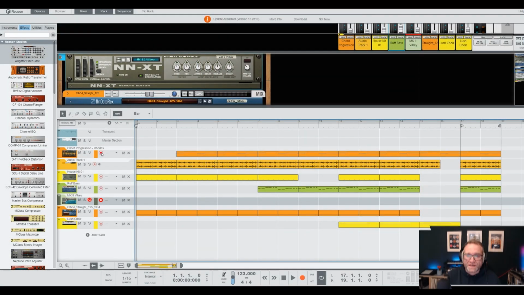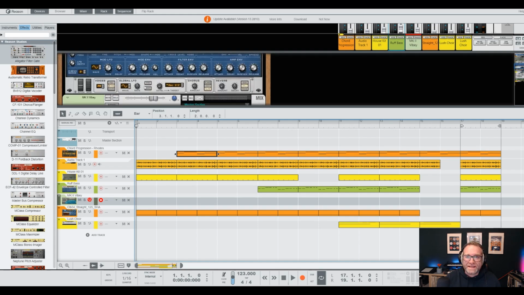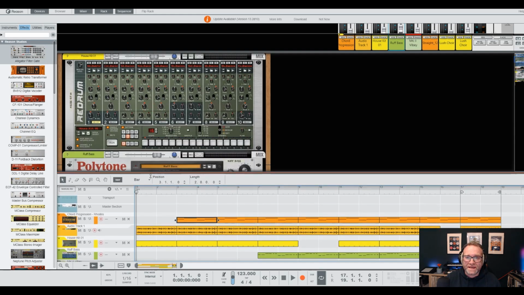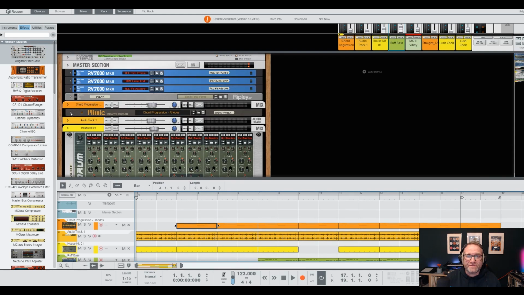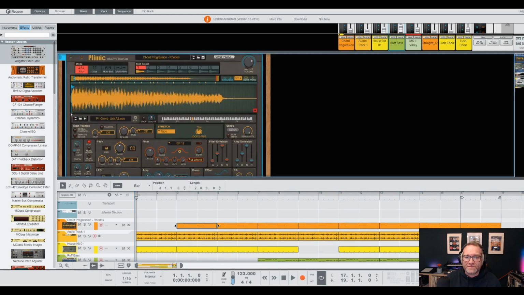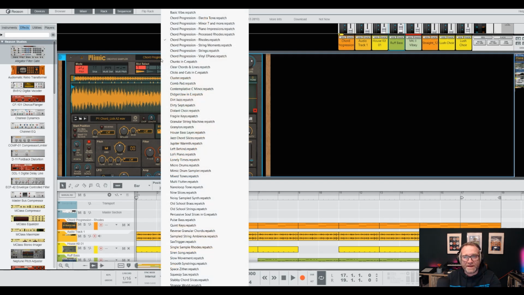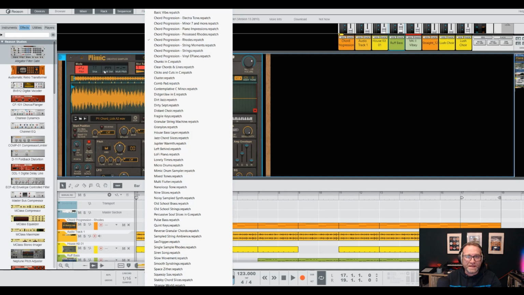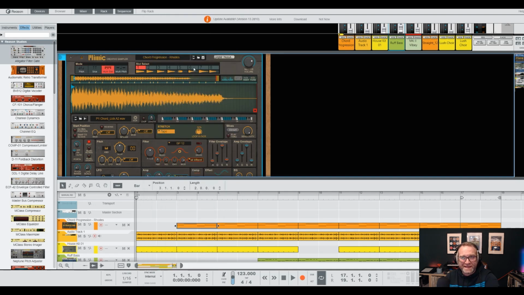So all I did was I got this first part, which was the Rhodes chords, and this came from the Mimic Creative Sampler, which is a really, really cool thing. It's got a progression chord Rhodes sample in there, which is basically a few loops. It opens up in multi-slots, so it gives you eight multi-slots. What that means is all of the sounds are broken up onto different keys, like sliced, so they're broken up into eight different keys.